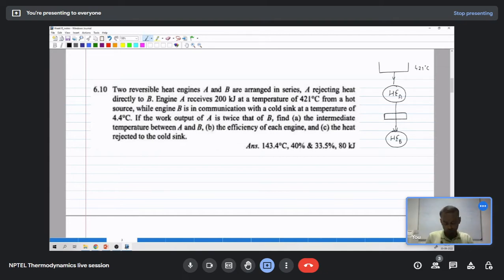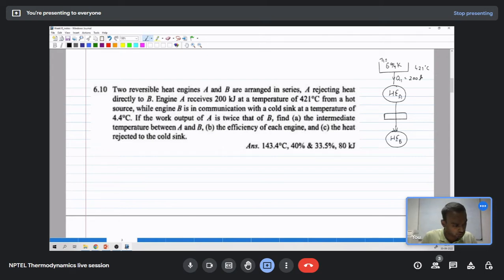So that is 694 Kelvin, and this is T1 is equal to, and this heat Q1 is